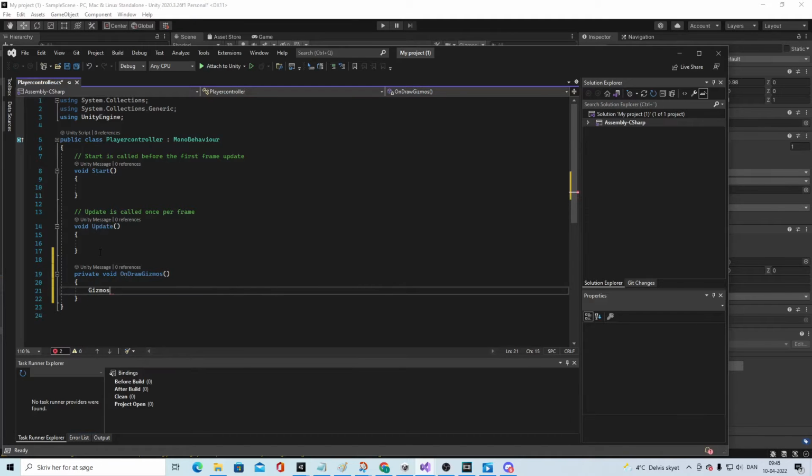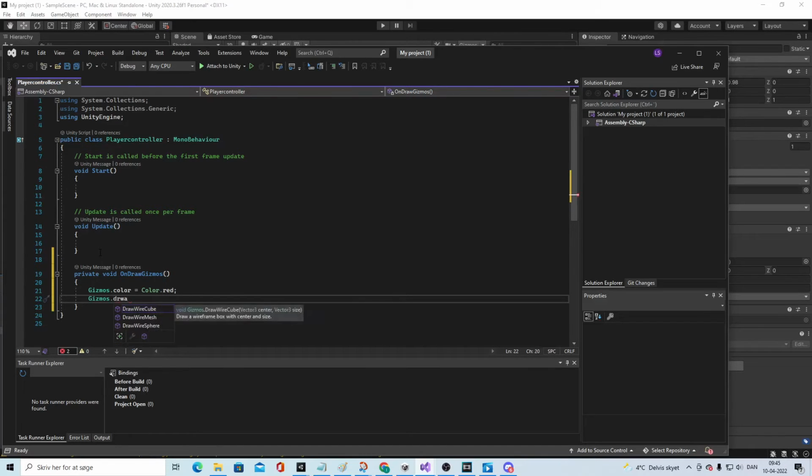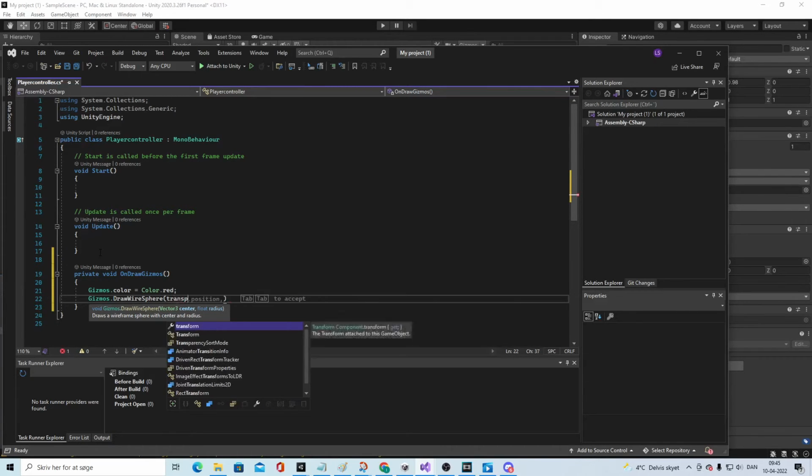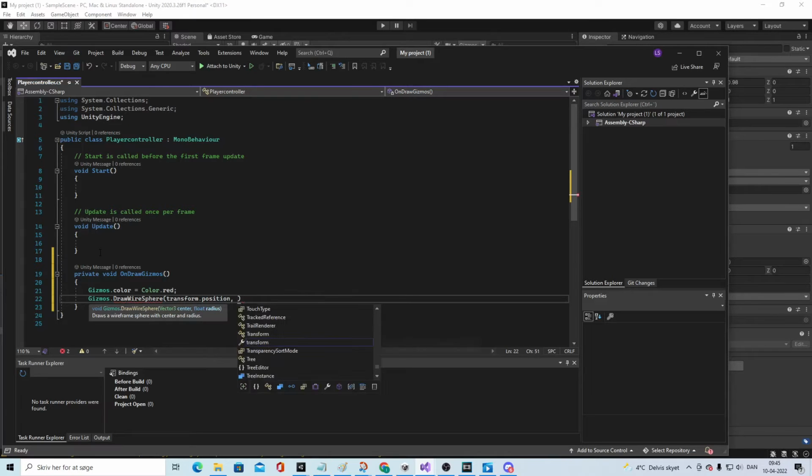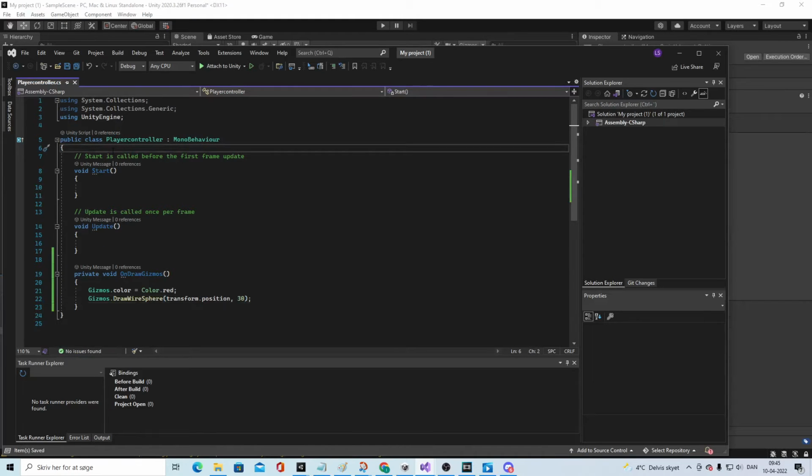first start, say Gizmos.color is equal to Color. and what color you want. I'm going to take red, and then you say Gizmos.DrawLine, but not DrawLine, DrawWireSphere, and then you say from the transform.position, which is the capsule collider, and then you want how big you want it. You can either write like 30 like this,